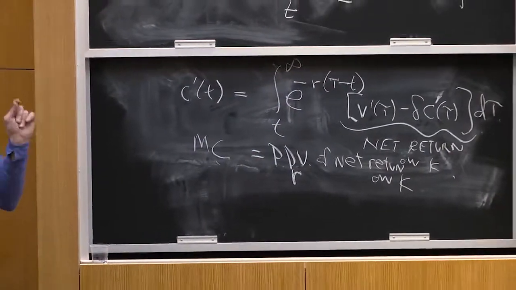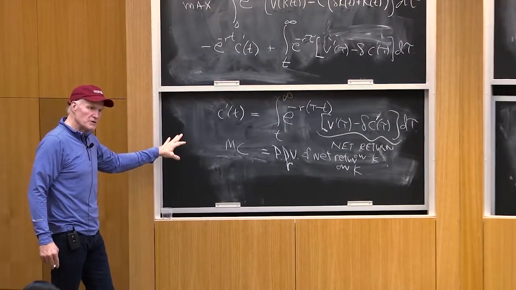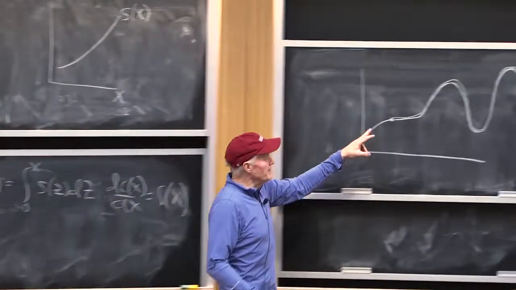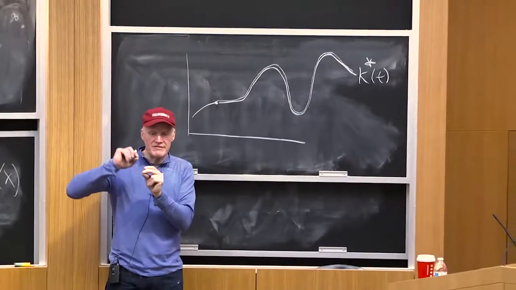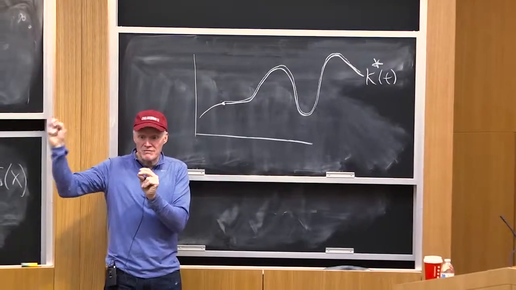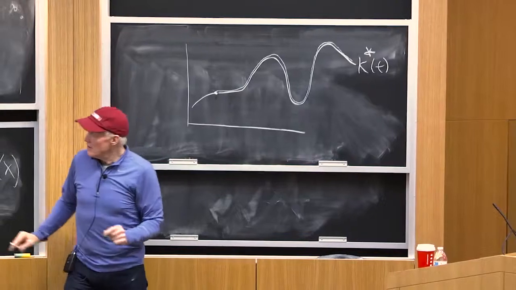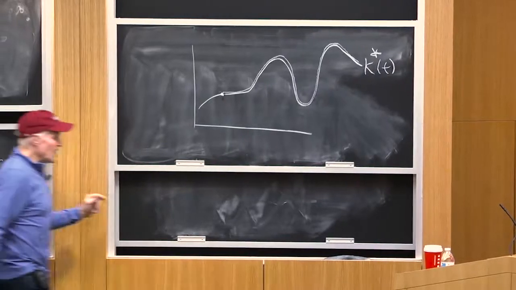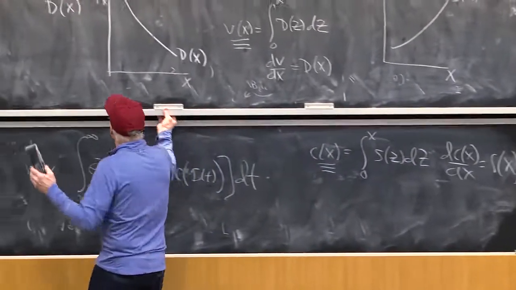So that's one way to look at investment. That's different than what we did. We did it a different way, but this is an equally valid approach. Now, the way we did it, we actually considered a slightly different perturbation than this one here. We considered a perturbation where you invested more in K today, increased K dot, but then I held investment fixed in the future, so that stock then depreciated at rate delta. That would give us almost the same formula, but because the stock is going to depreciate in the future, I've got to discount at R plus delta. So I would get